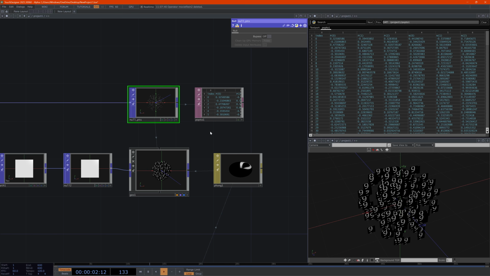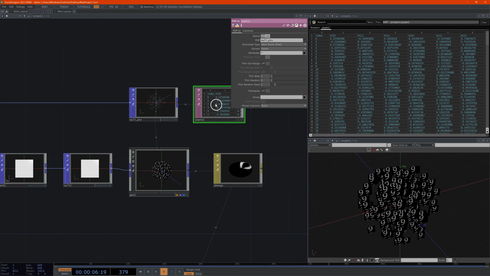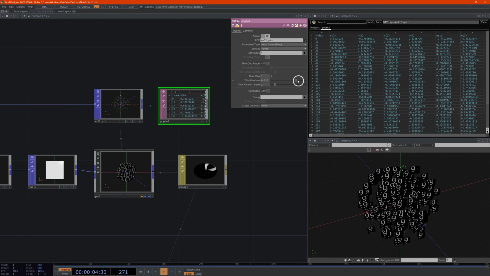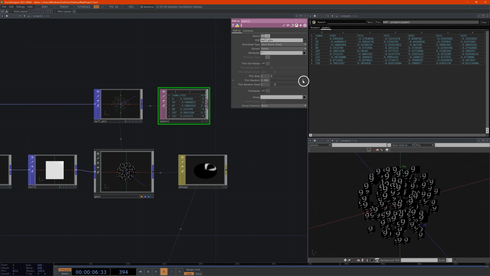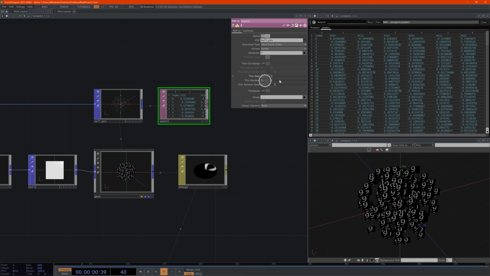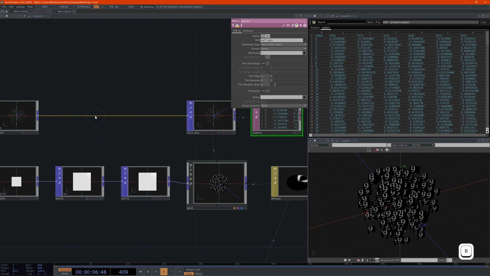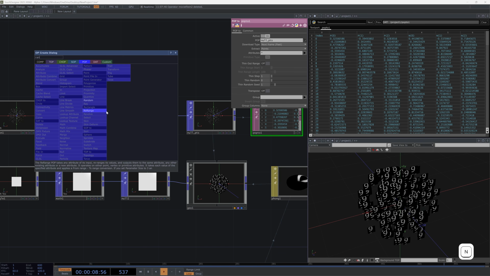I should warn you, by the way, when you have millions of points, you shouldn't do this. This will be super slow. I'll talk about this in a later video, but the POP2 has a thinning option that I typically use a lot when I have millions of particles. I only want to see just a few of them because it's very, very slow. And when you're not using it, make sure to disable it. But I digress. So now let's add here a random